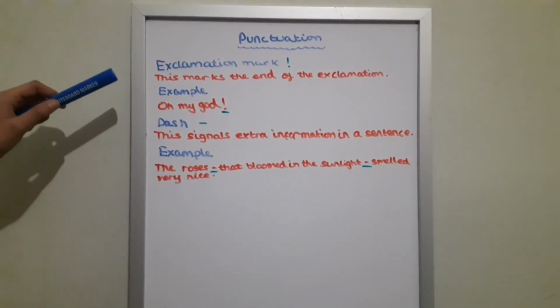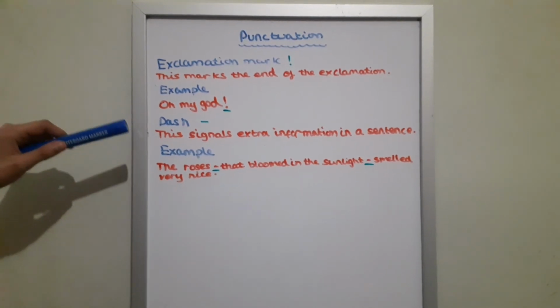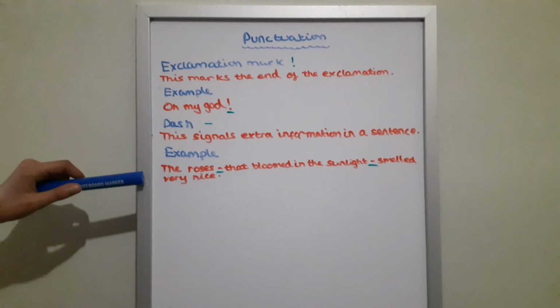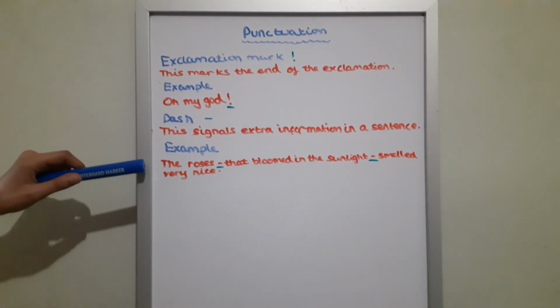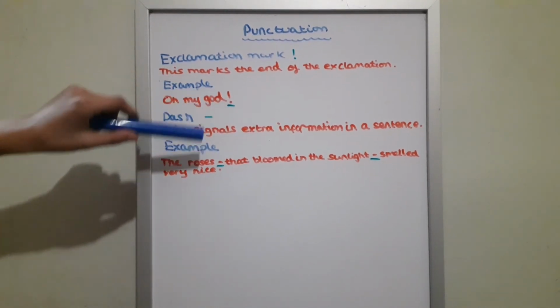Exclamation mark. This marks the end of an exclamation. Example, oh my god! Dash. This signals extra information in a sentence. Example, the rose that bloomed in the sunlight — smelled very nice. Here is the exclamation, and here are the